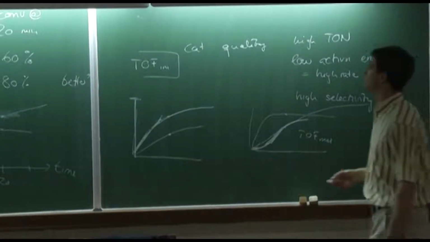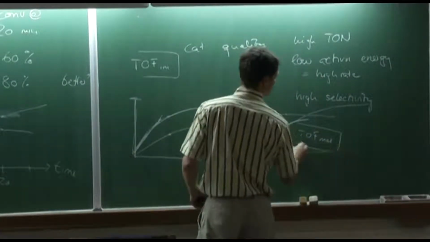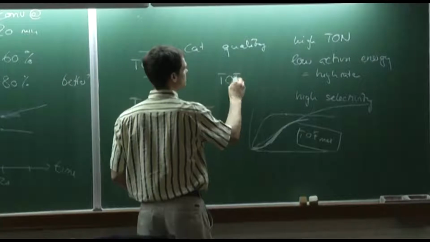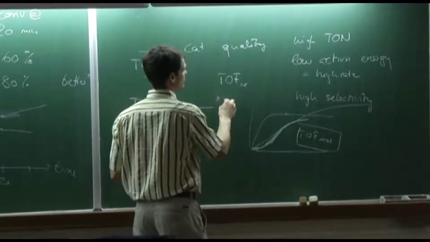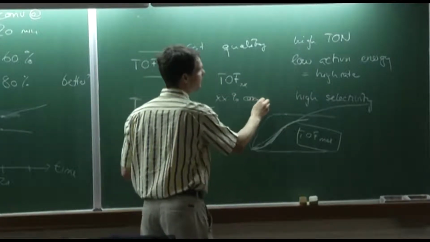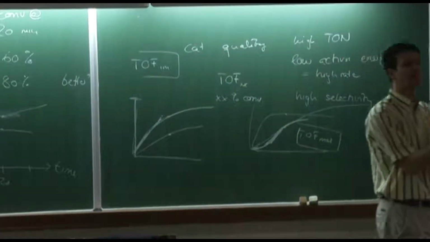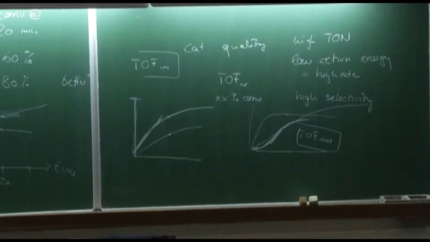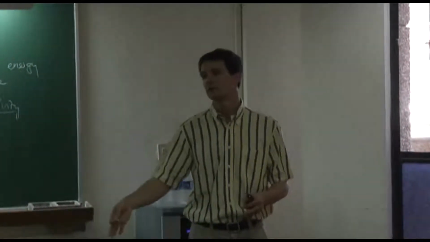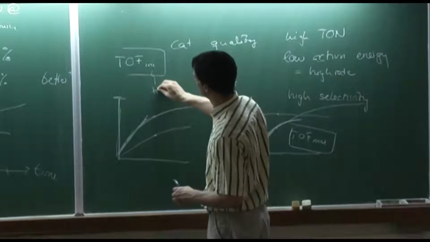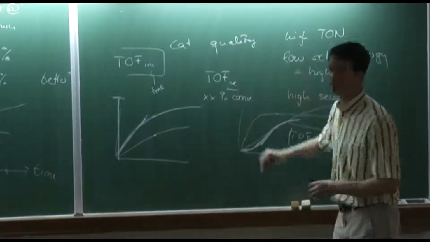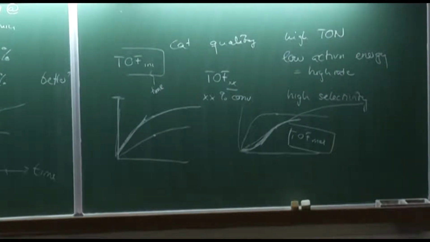And then another version, that's the last one, is to look at the given conversion. So you measure the reaction at 25 or 50% conversion, and you look at how fast it is then. That allows you to compare. So the TOF ini would be like you define a time, or you generate a TOF 10 or TOF 25 or TOF 50, and you decide what conversion you take,